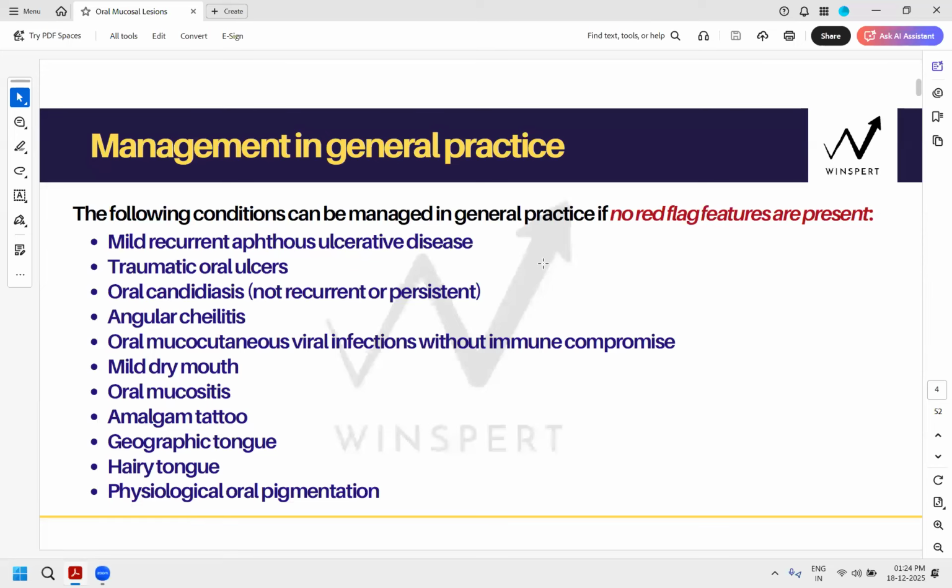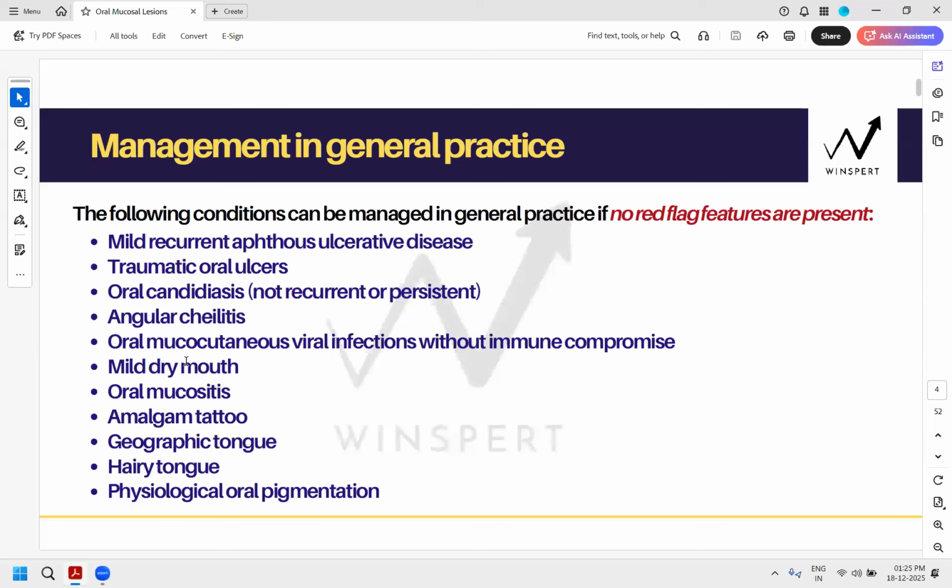Now, in the exam, when the patient presents, once you make a provisional diagnosis, everybody knows the rule to make a provisional diagnosis, right? Upon reading the history, you create a provisional diagnosis. Either it would be one of these, or it would have a red flag, or it would be one of those benign non-malignant conditions. Is that correct? It would be one of the three categories. Red flag would make it suspicious for oral cancer, so specialist for cancer rule out. Just these lesions without red flag are under your scope.